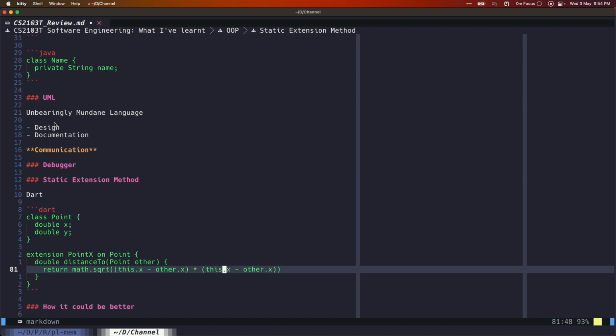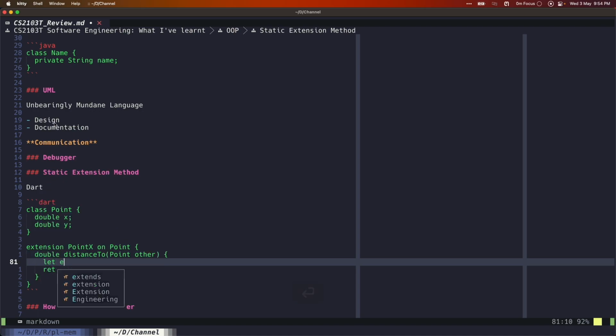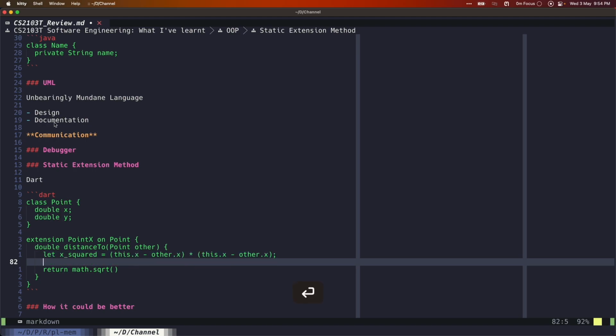This is getting way too long, so let dx squared equal that, let dy squared equal the y difference times itself.